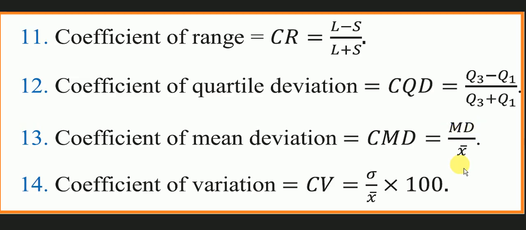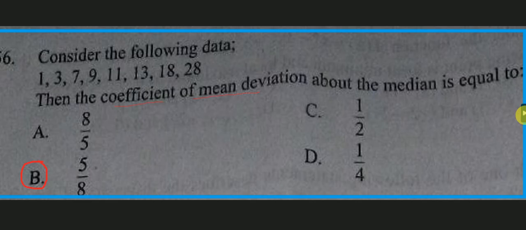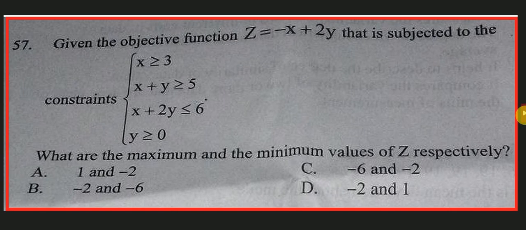Mean deviation divided by x bar mean. ስለዚህ እዚህ ጋር coefficient of mean deviation from mean ስላልሆነ ለሚዲያን ነው የሚካፈለው. መልሱ 5/8 ይመጣል. ሚዲያን 10 ስለሆነ, mean deviation from median ደግሞ ተሰርቷል ቀደም 25/4 divided by 10, 5/8 ይሆናል. b ነው መልሱ. Next, given the objective function z is equal to negative x plus 2y